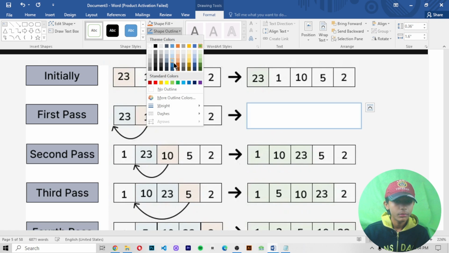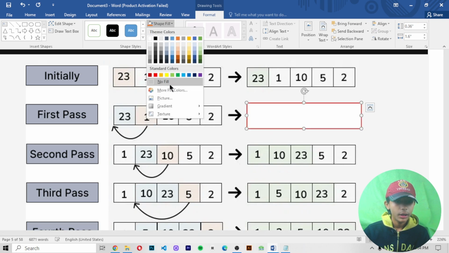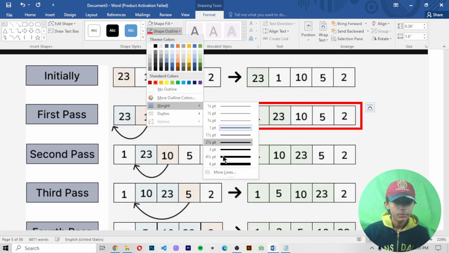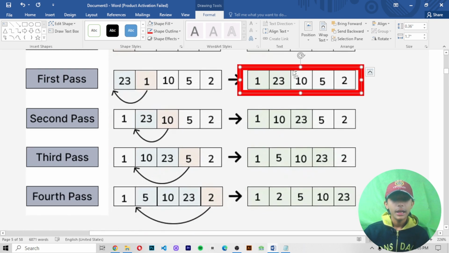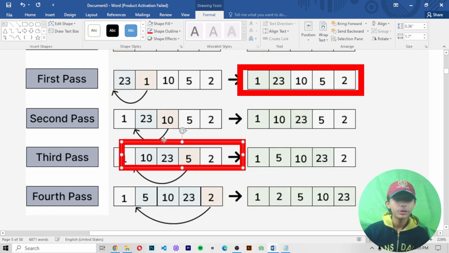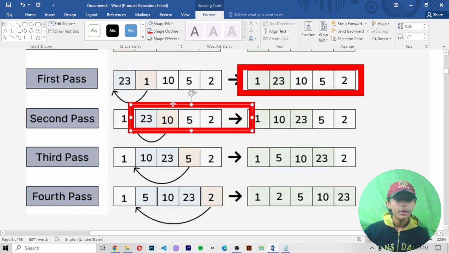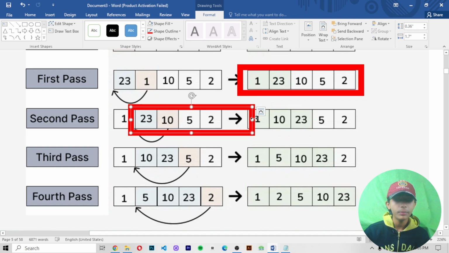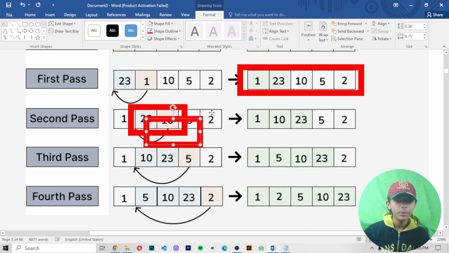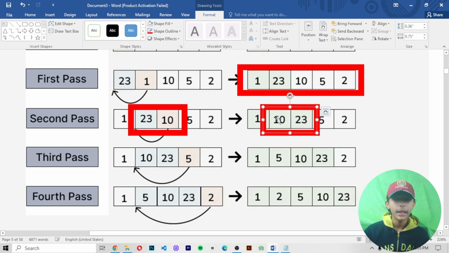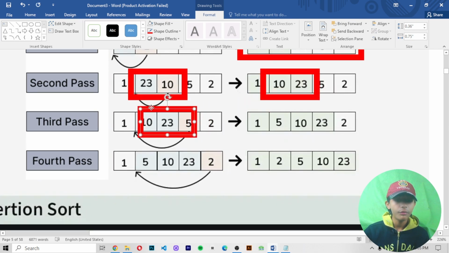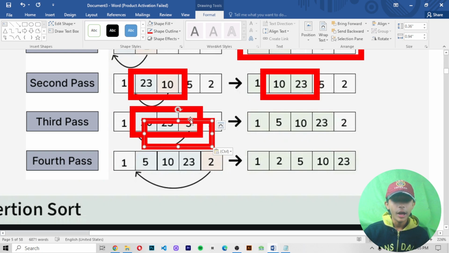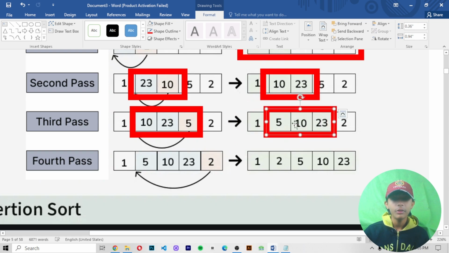Then second pass: swap 10 with 23. When you swap 10 with 23, it becomes 1, 10, 23 like this. Then swap 5 with 10, so 5 will become the second element and 10 will become the third.